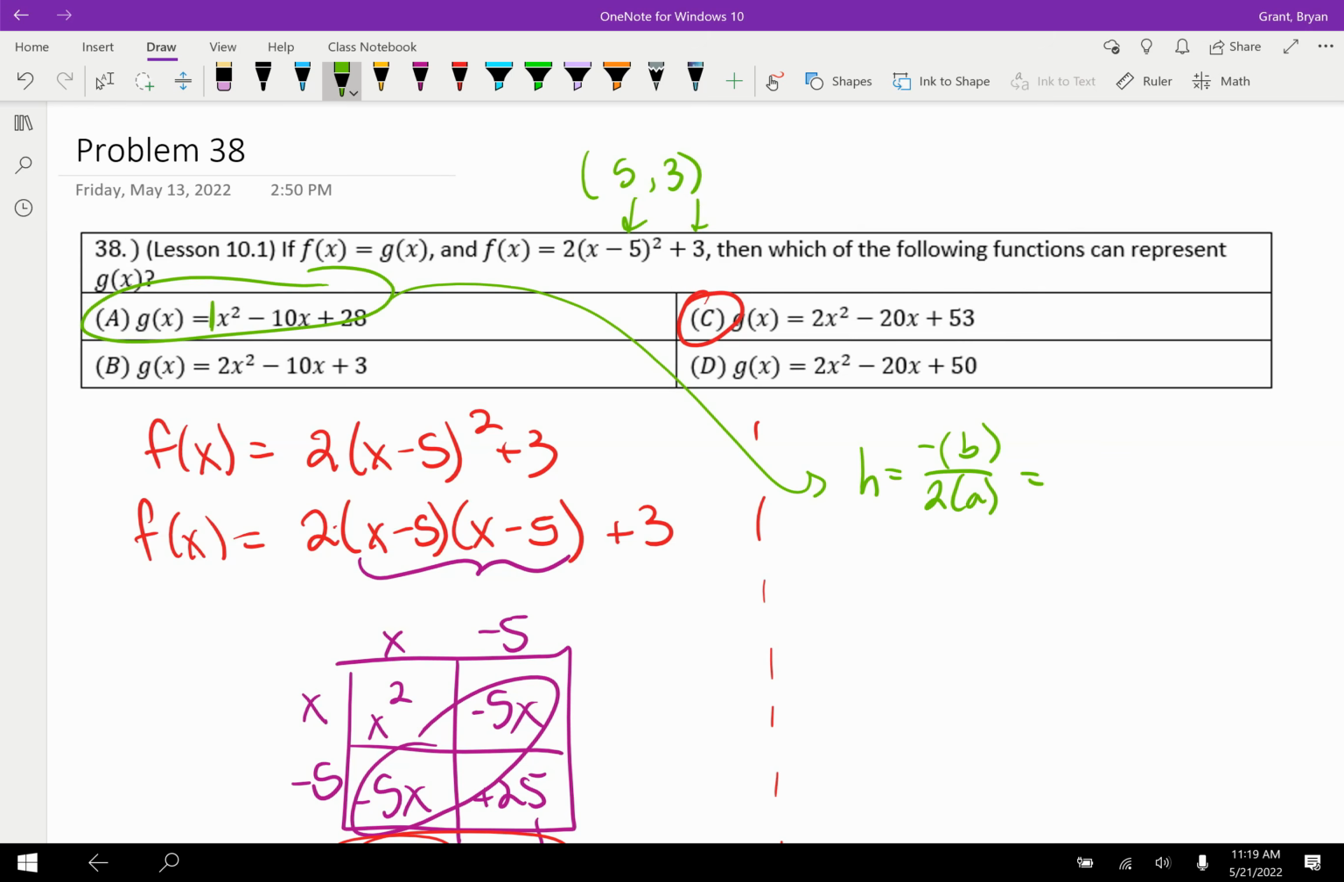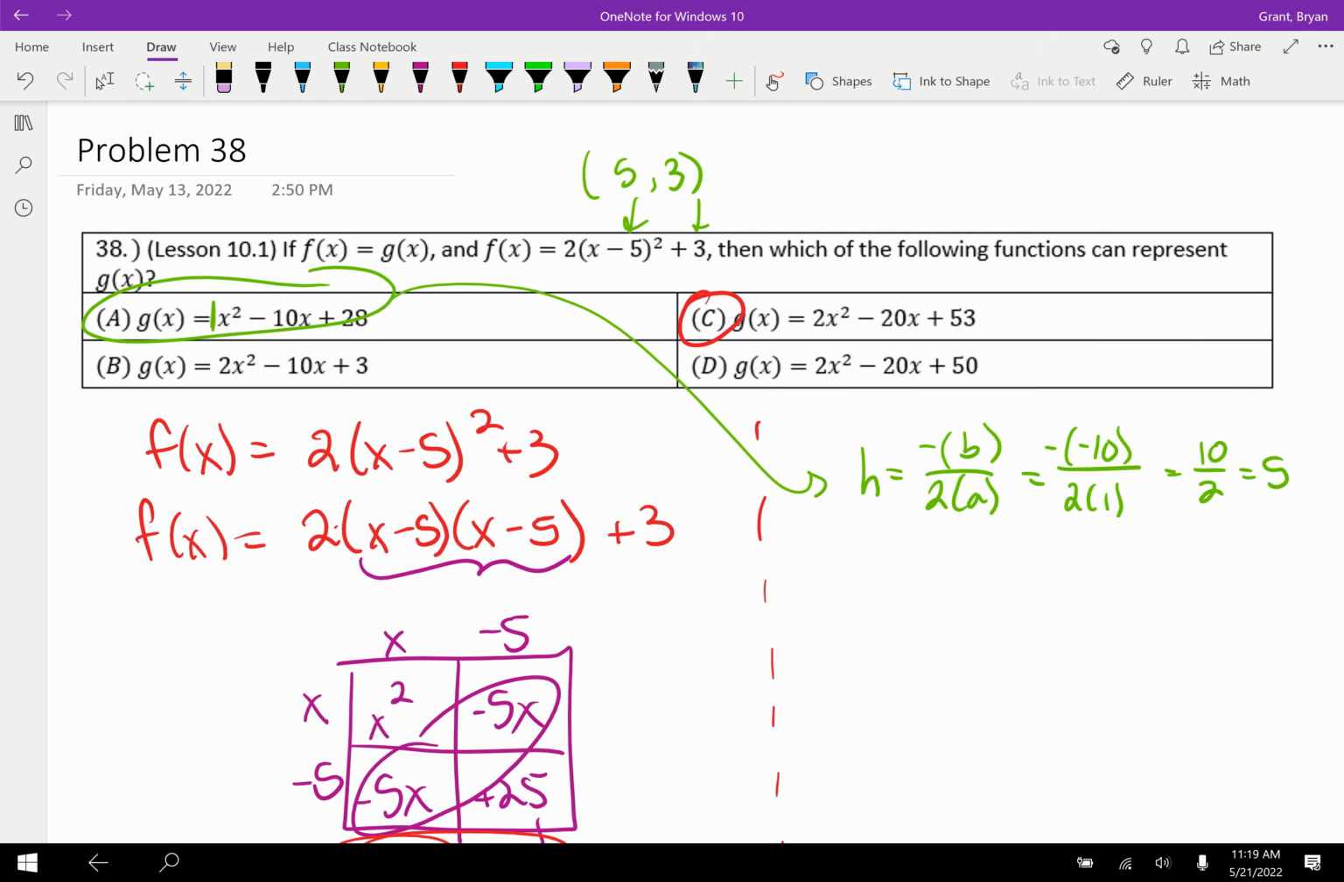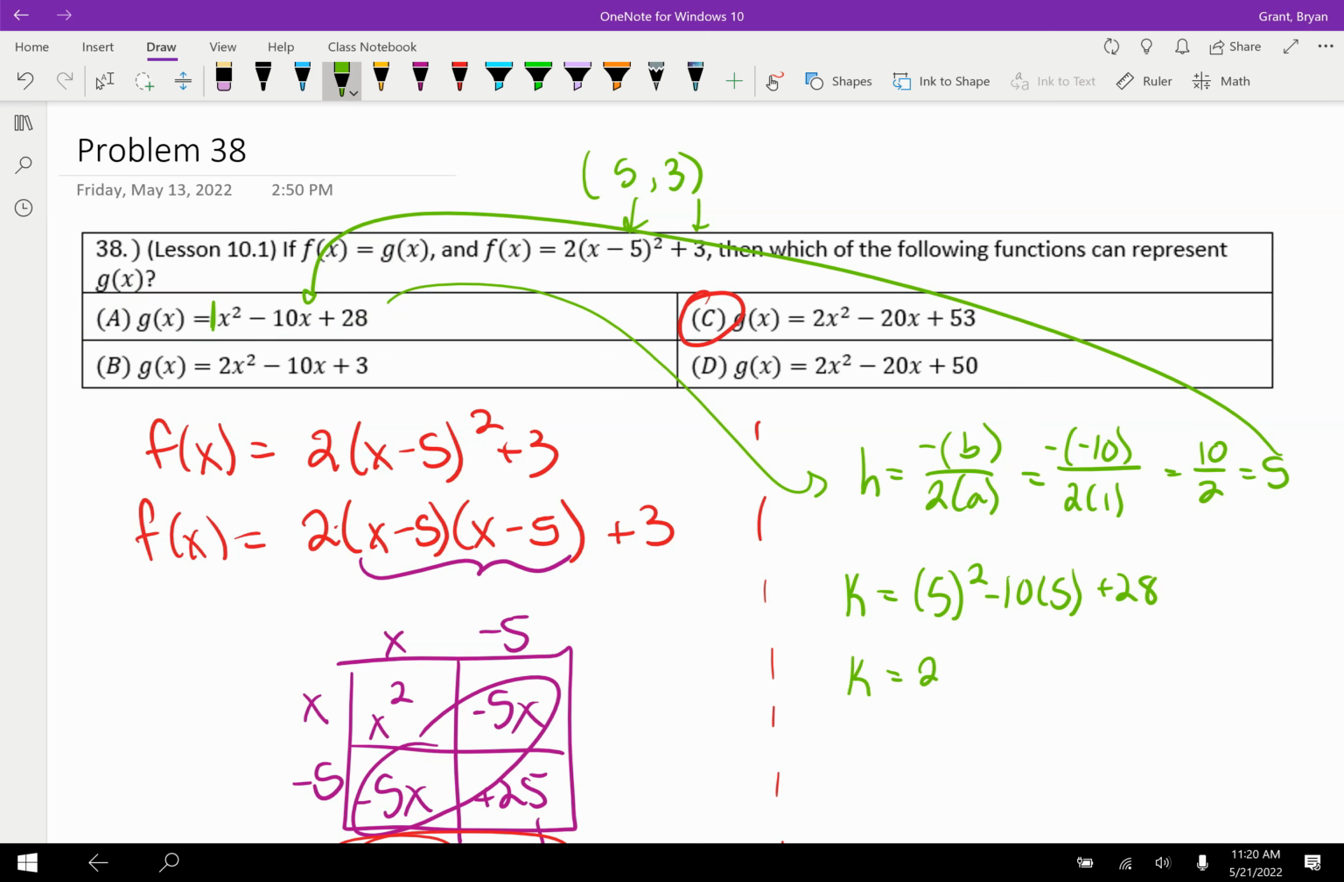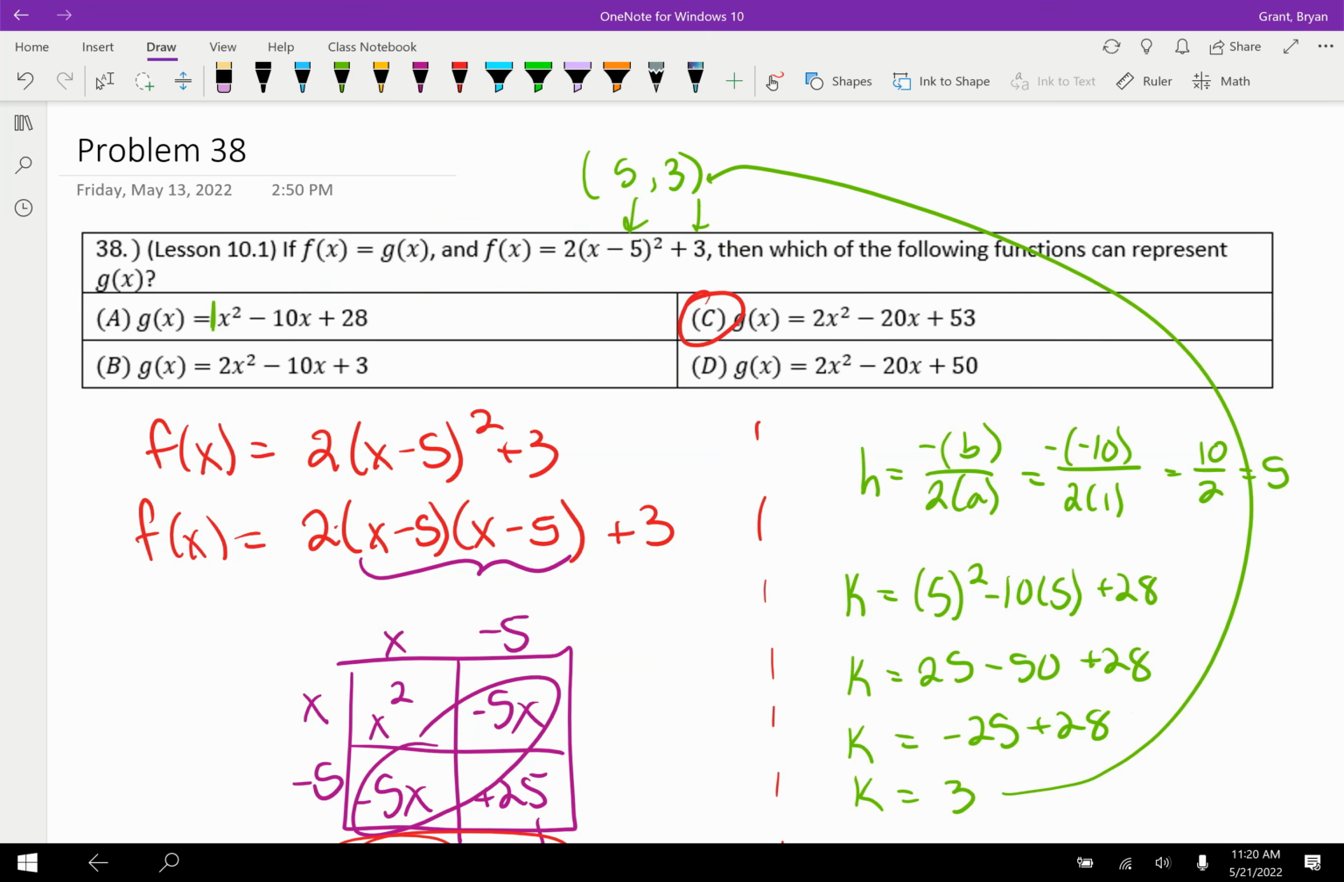So there's that invisible 1 here. Looks like we'd get negative 10 over 2 times 1. So that's 10 over 2, which is 5. And so we're matching right at the beginning. Then let's look at the k value. Our k value, of course, means take the 5 and substitute it in over here. So we have 5 squared minus 10 times 5 plus 28. As we go through, 25 minus 50 plus 28. We end up with negative 25 plus 28, and we end up getting 3. And you might say, oh, 5 and 3, that is exactly what we wanted to get, isn't it? Well, sure,